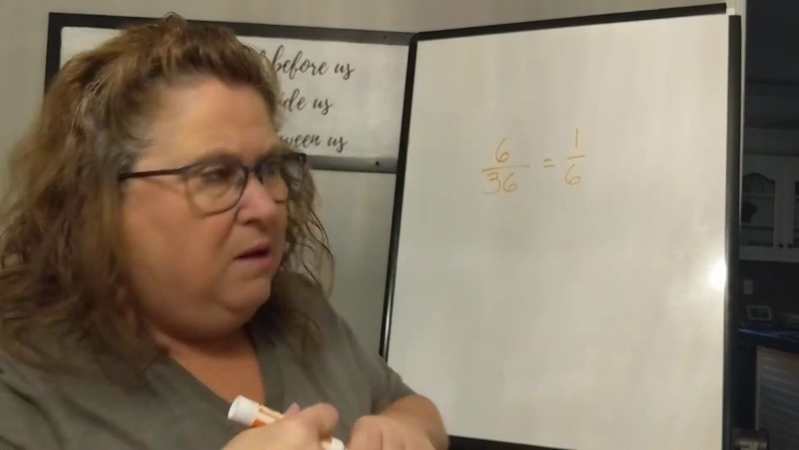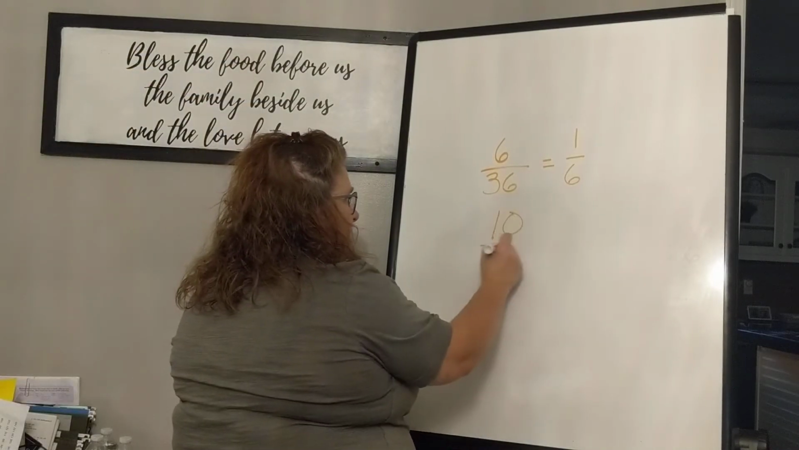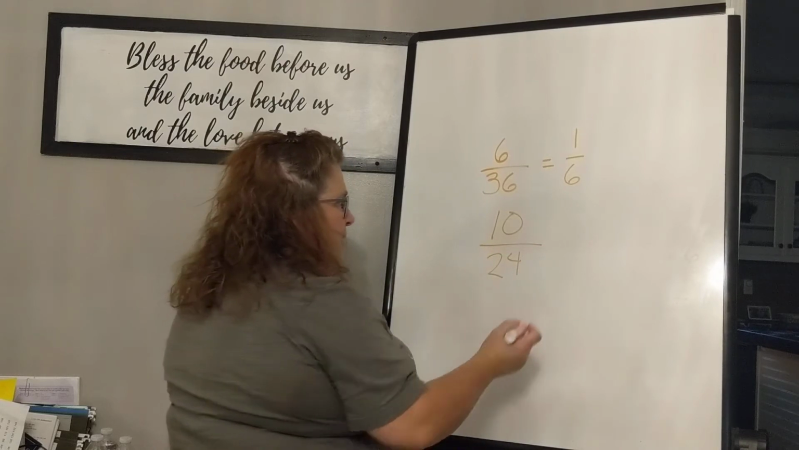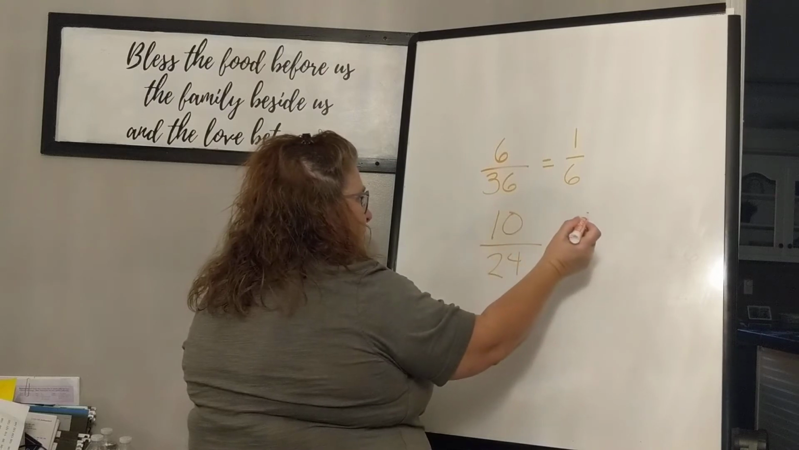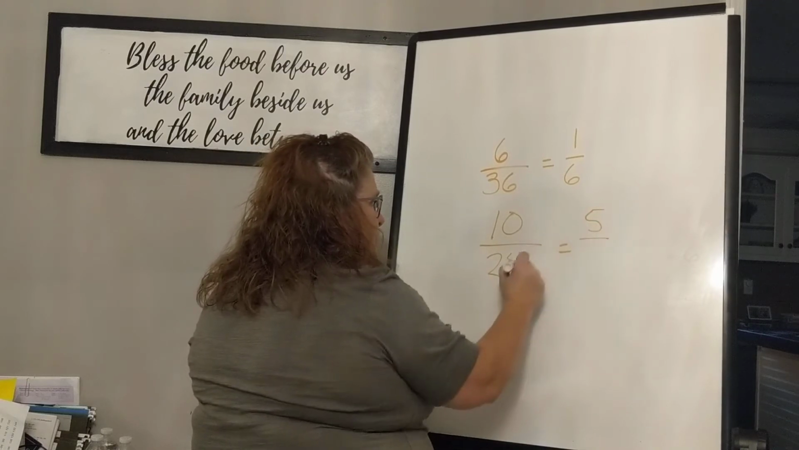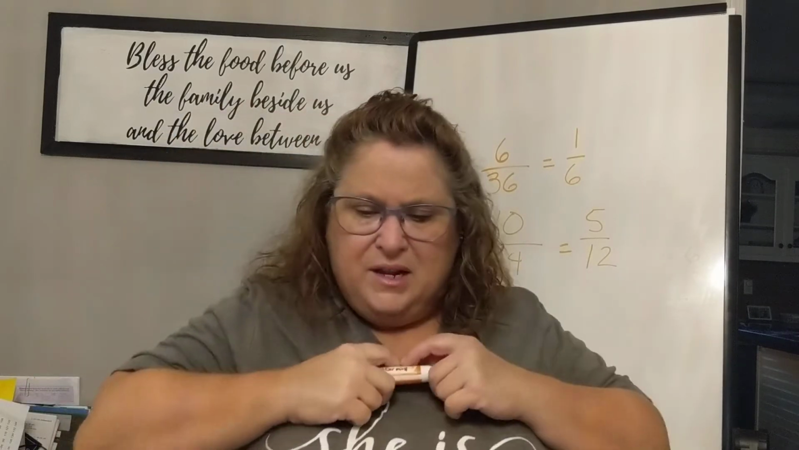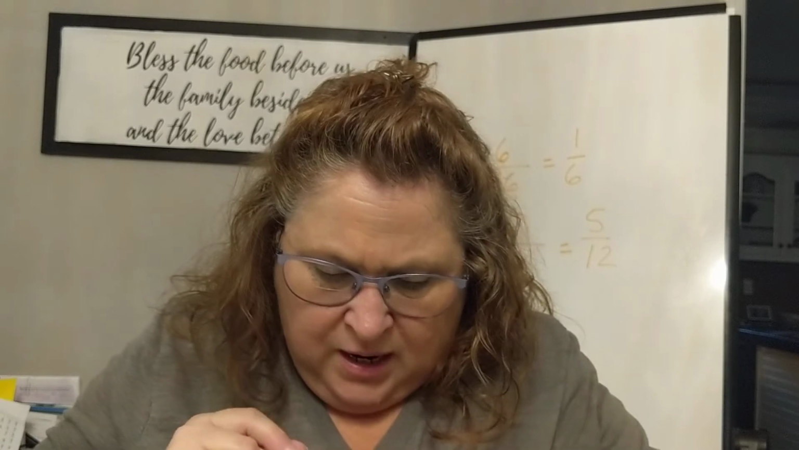10 girls is what part of 24? And of course that can be reduced. So you have to write your reduced answer. 10 divided by 2 is 5. 24 divided by 2 is 12. Okay, so that is how you will complete those two sections. And then